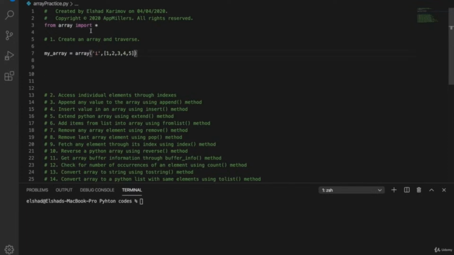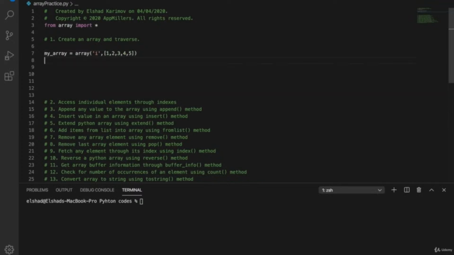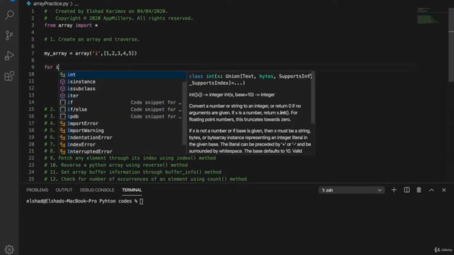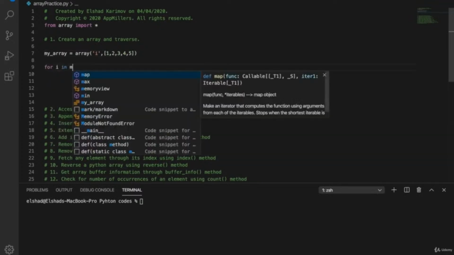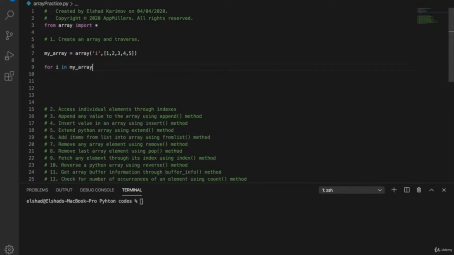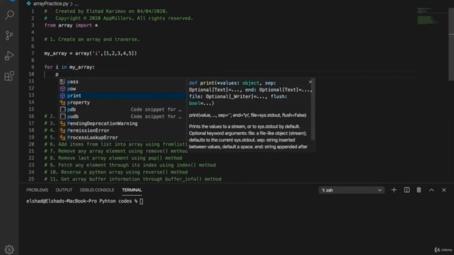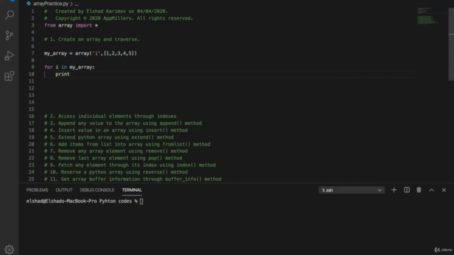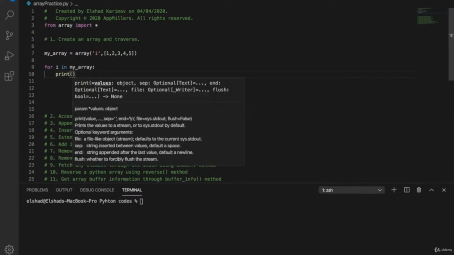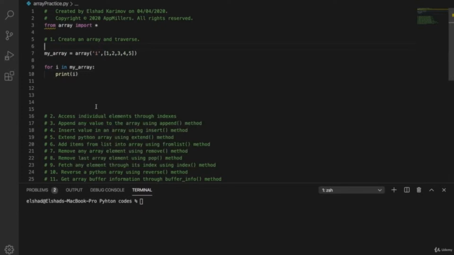So the next operation inside this step, we will traverse through the array. How are we traversing through the array? We'll just create a simple loop in my array and print out array elements. Print array elements. Okay. Let's run our code to see that everything is working smoothly. Okay, if I run this,